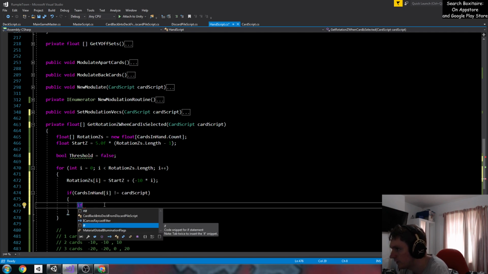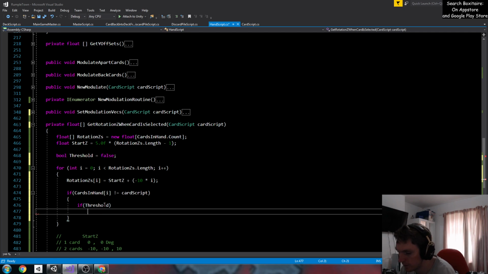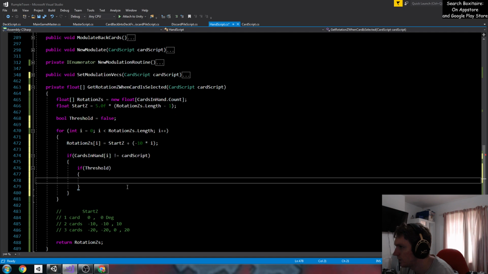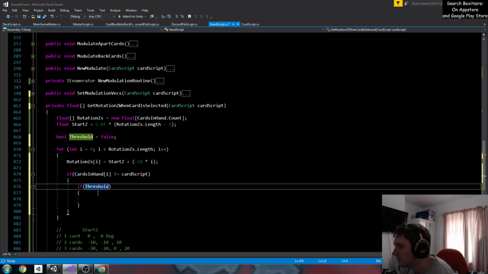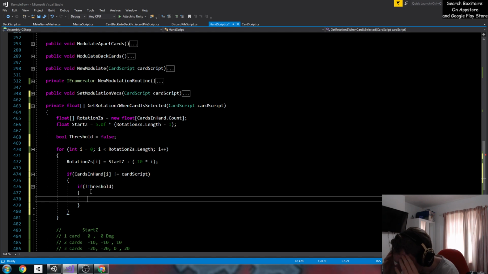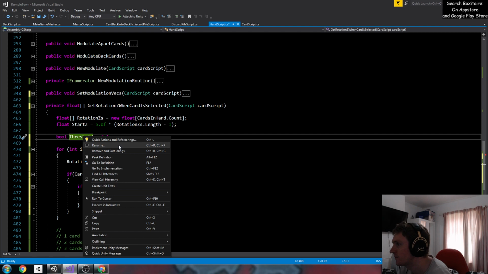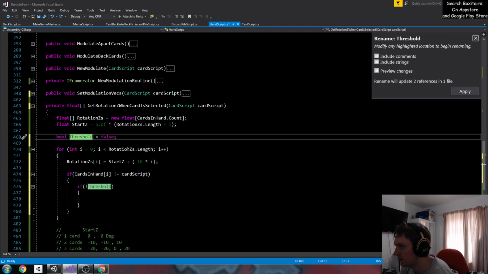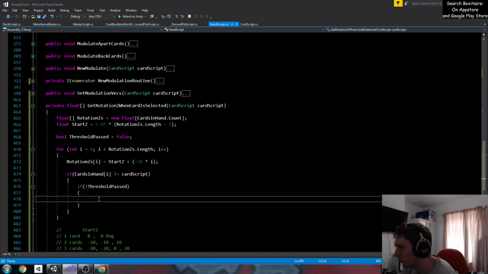If threshold, if not. I know I'm wasting so much time thinking what I should call this variable. Threshold passed. Okay, we're going to change it to passed. There we go, we're going to call it threshold passed. So if the threshold has not been passed,